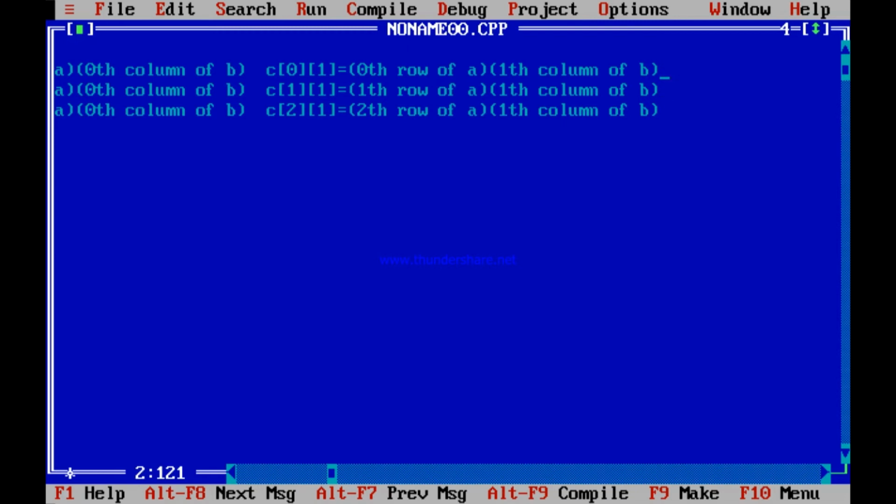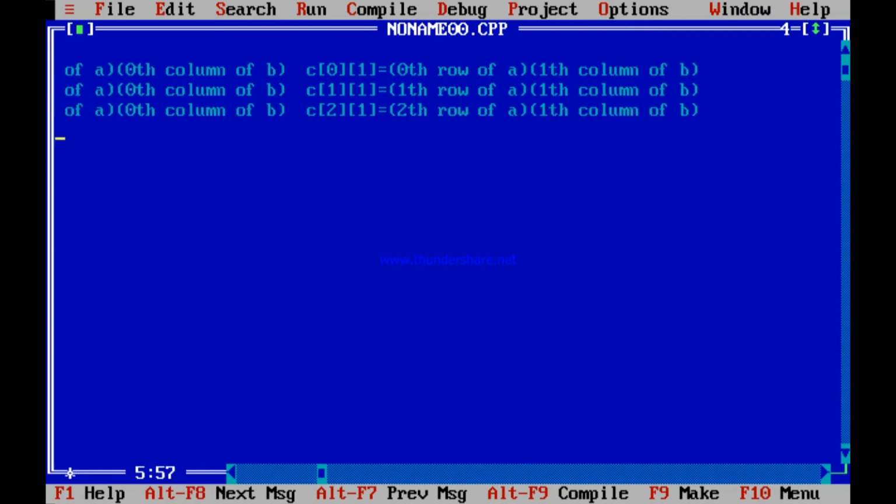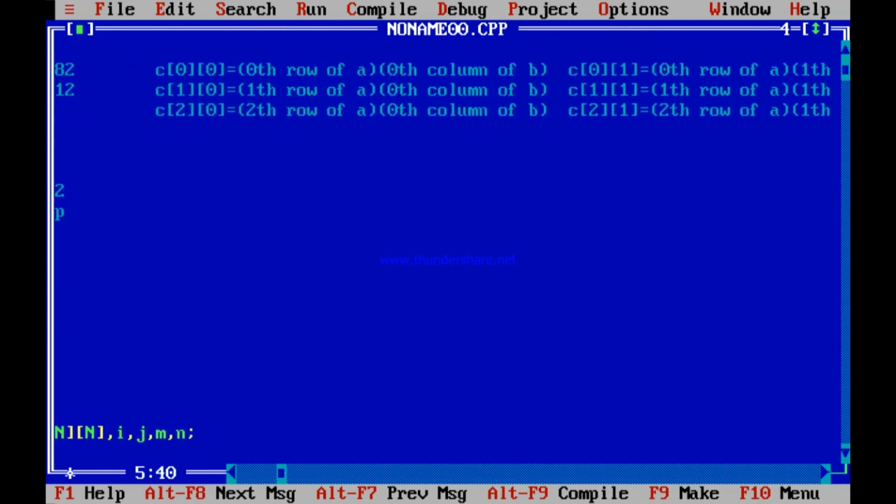So if I have to write it now in terms of programming languages, see, I will now write C00. How to get C00 in terms of programming languages?